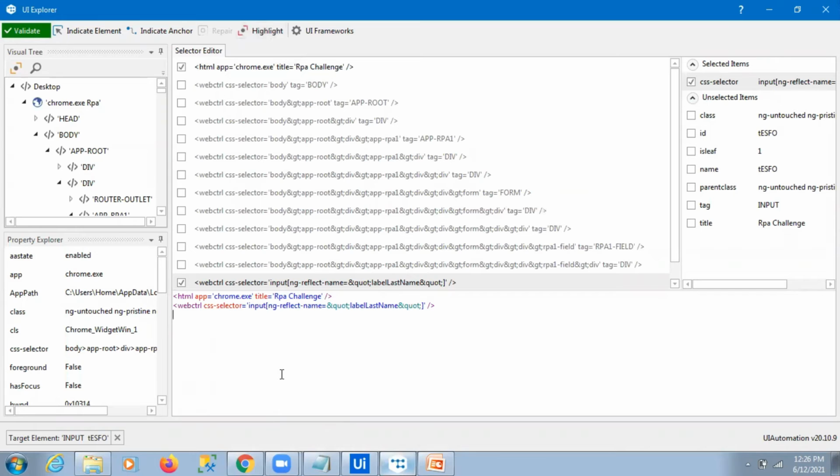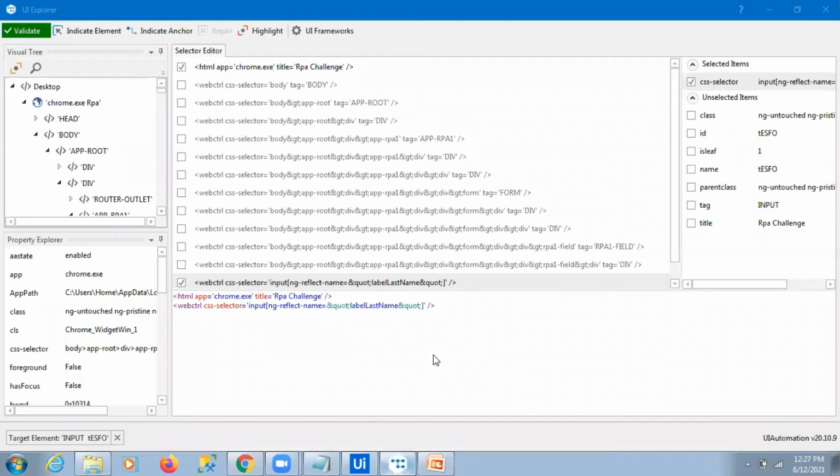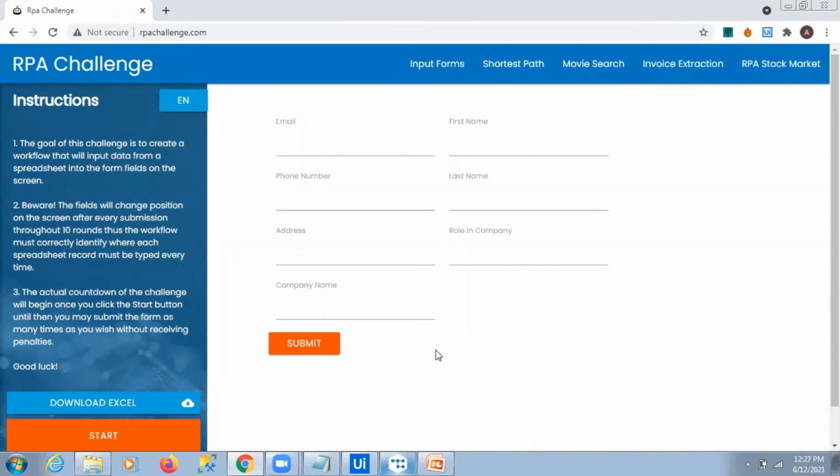Does anyone have a question regarding this? Ashwini, I have a question. Basically, for this particular RPA challenge use case, we were trying to automate using the anchor base tag, right? But you are saying there is one more option, that we can also implement it using a CSS selector. If the CSS gets changed, will it be affected again, or does the CSS remain the same?